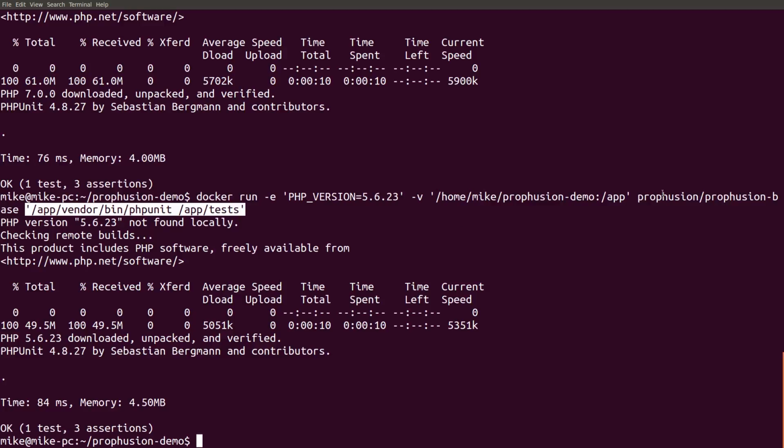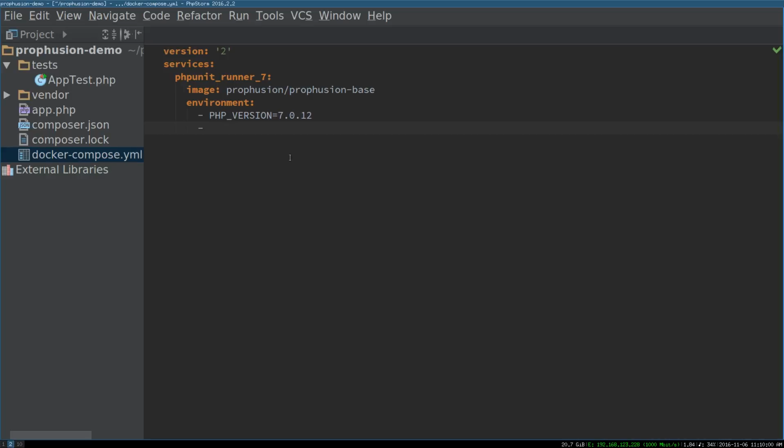There's a little bit of an Easter egg in the Prophusion base image. If you're super familiar with Docker, Docker has this thing called an entry point, which is what Docker is going to run once the image is started. Prophusion base defines an entry point of its own. That's how it manages to pull in PHP right away as it starts up. But then if you define this environment variable called container cmd,